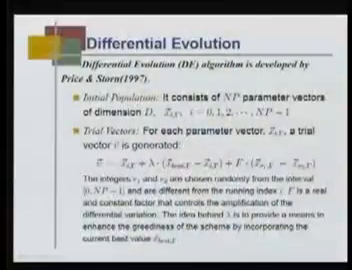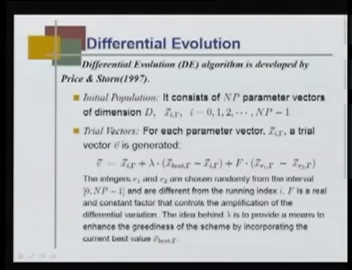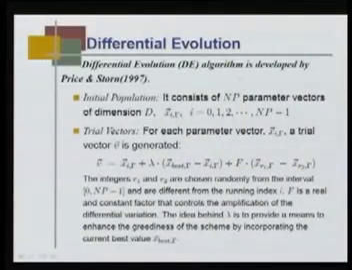Now, earlier we have discussed the simple genetic algorithm and the univariate marginal distribution algorithm. Today, I am introducing another new kind of optimization algorithm, which is also called an evolutionary computation algorithm: differential evolution. The differential evolution algorithm was developed by Price and Storn in 1997. The idea is that we have an initial population as usual. It consists of NP parameter vectors of dimension d. So, obviously, I am optimizing d parameters,